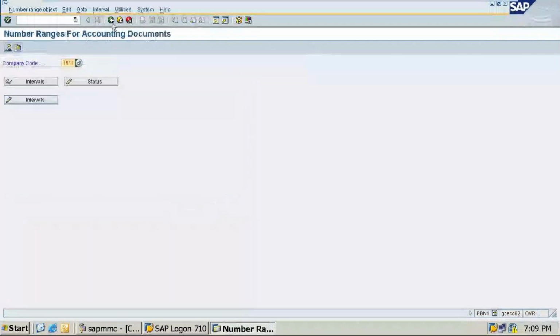Next, we need not assign this, copy to company code. This is not required, students. Don't do anything on this. These two options, previous class one topic, that is called field status variant. After this we'll do chart of accounts.